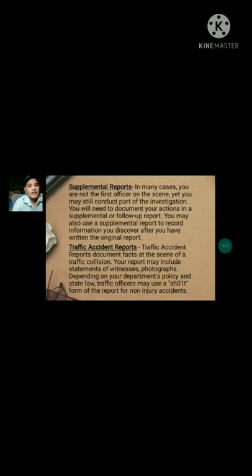The next is supplemental reports. Supplemental reports, in many cases, you are not the first officer. Yun, hindi ka ang unang officer na nandoon sa crime scene. Pero you may still conduct the part of the investigation. You will need to document your action in a supplemental or follow-up report. You may also use a supplemental report to record information you discover after you have